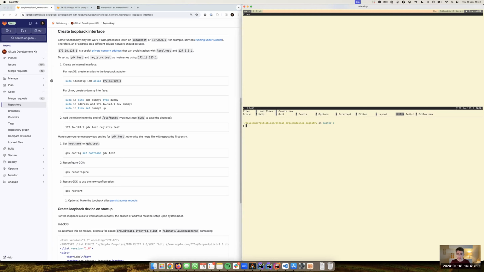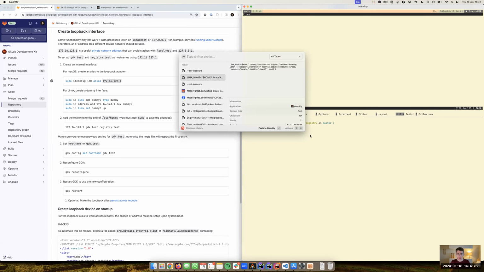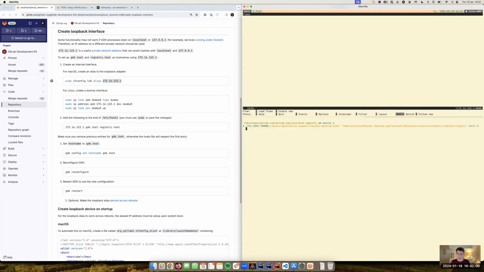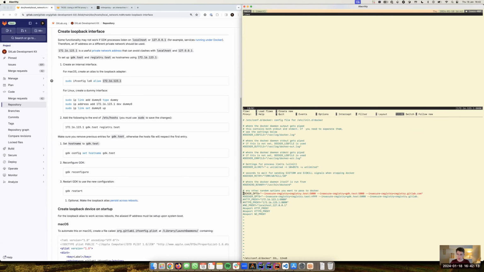So the first thing that we need to do is to update, as I said, our settings. So to do that, we need to step into the Lima virtual machine, and here I need to update the Docker settings.